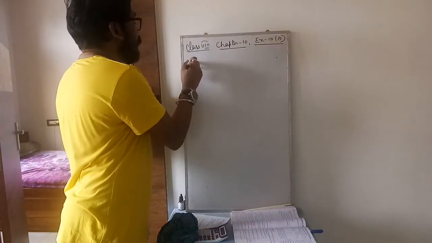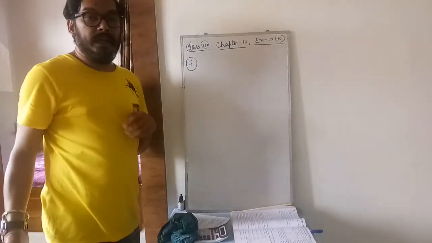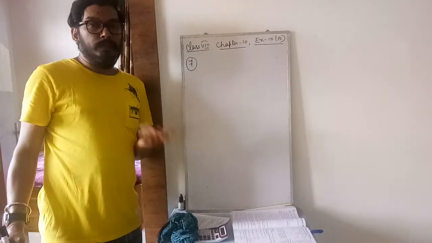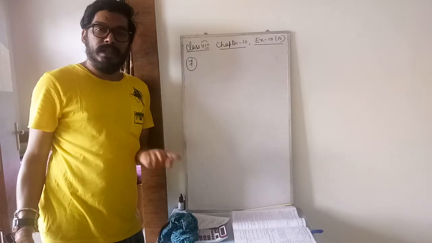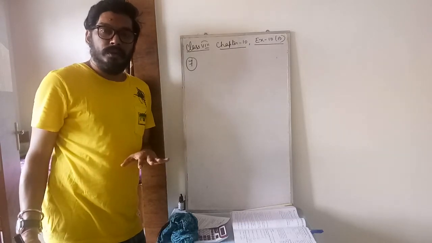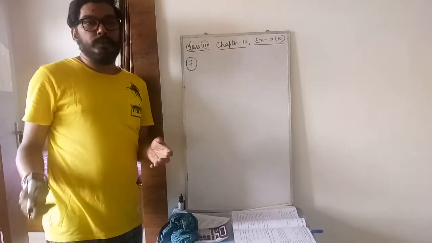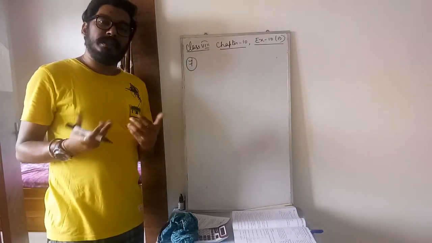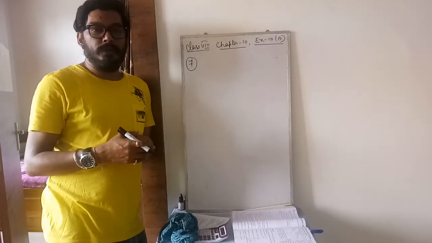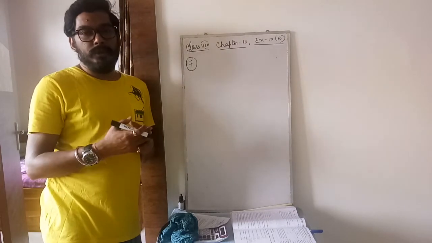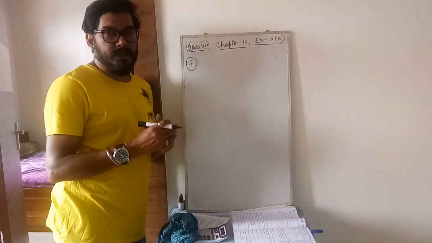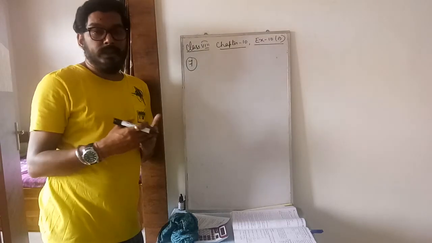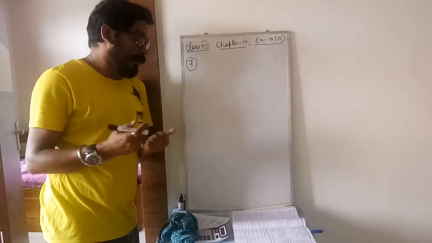So here there is number of persons and how many days the grain will last. More persons, fewer days; fewer persons, more days. If more persons are there, you have to think that the consumption is the same. That means each person is taking the same quantity of food grain. Your consumption will be constant here.